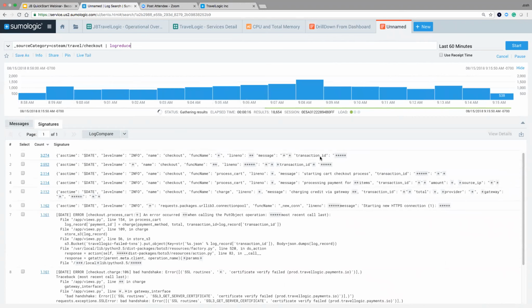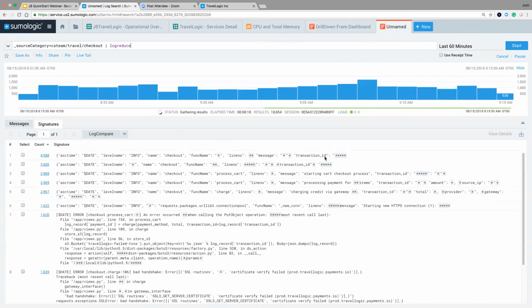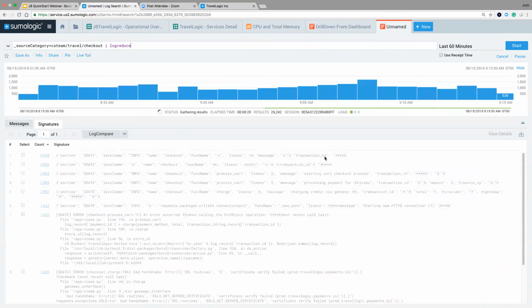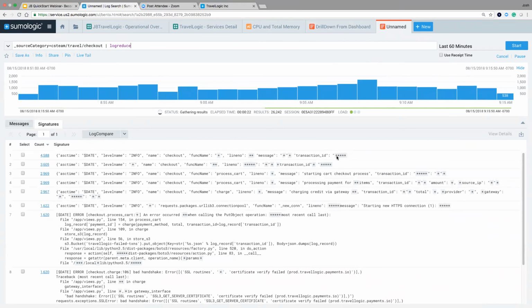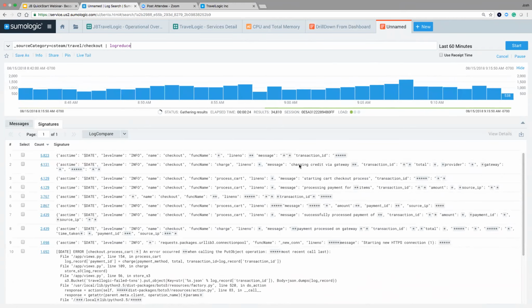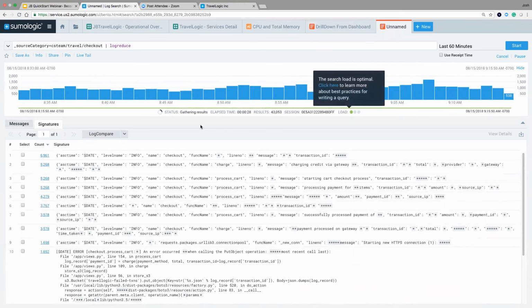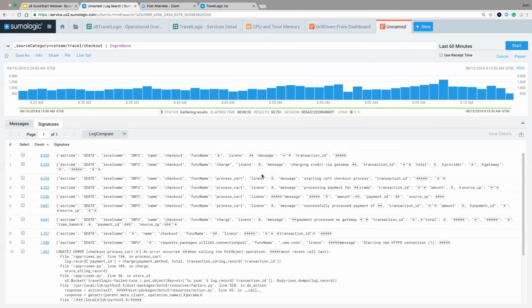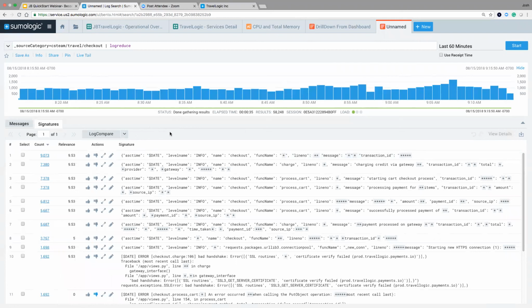So we see a large amount that had a transaction ID, which would be a successful transaction or checkout. So that's a good sign. We see charging credit via gateway, starting card checkout process. Just gonna give this another moment to load, but we see all these being grouped together. And it looks like it's just about finished. Cool. There we go. So instead of 2,000 pages, I now have one page that has these commonalities or similar